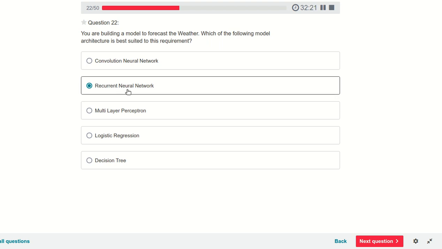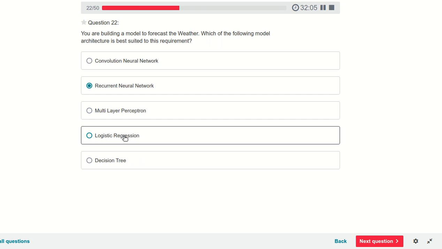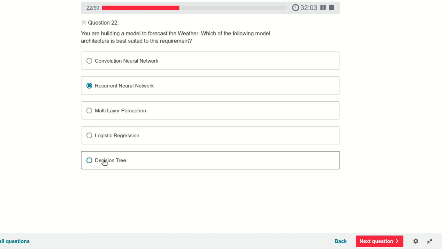So if we have time series data and we have to think about forecasting the future, then we will use the RNN model. A multi-layer perceptron is wrong. Logistic regression, that is a simple classification, wrong. Decision tree, that is also wrong. So RNN is the correct answer.